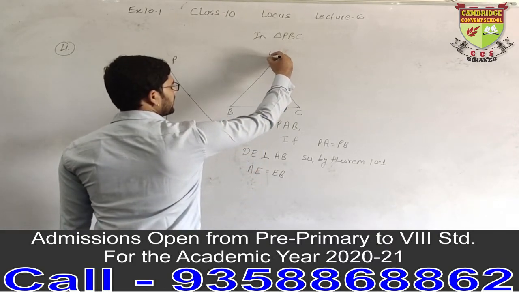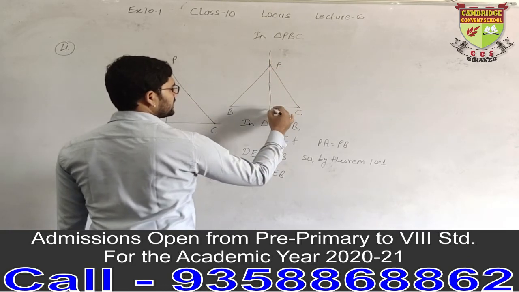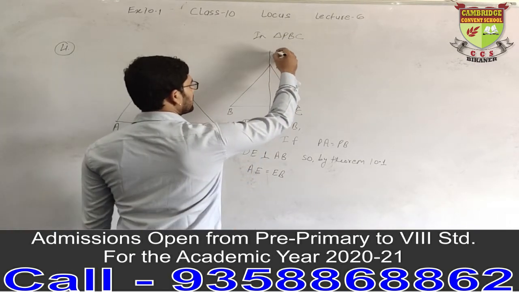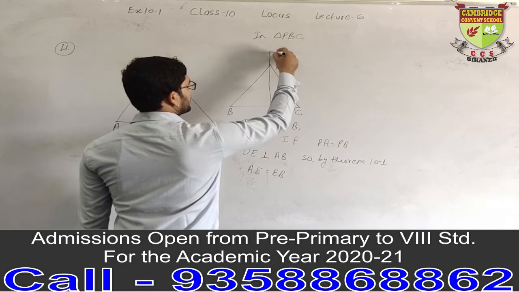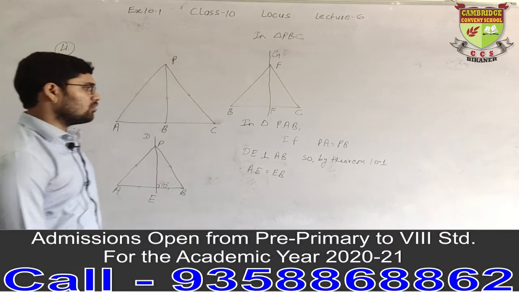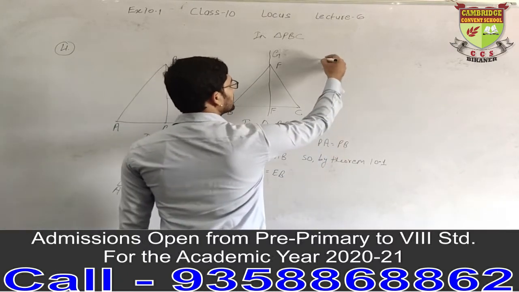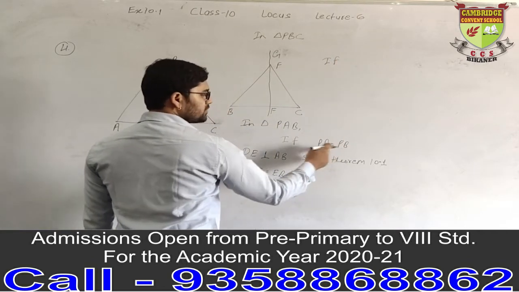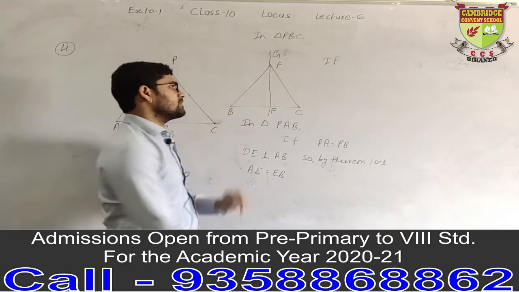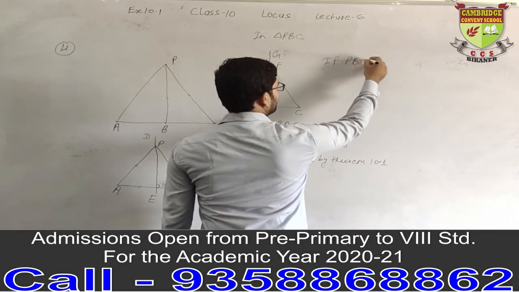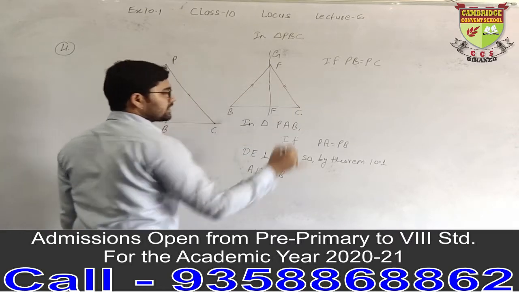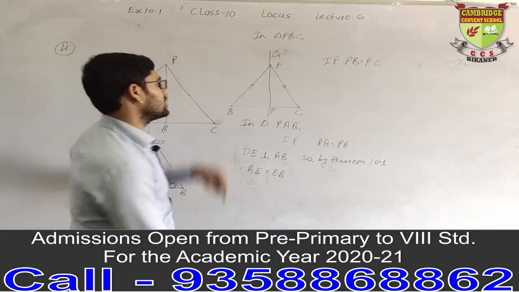We will draw a line of 90 degrees here. We have used the name DE. Now we will use F and G. FG is the line. Same thing is going to be for this one. Here it was PA and PB, now we are saying PB and PC. If PB is equal to PC, if this side is equal to this, both of them are equal, and when we draw a perpendicular,